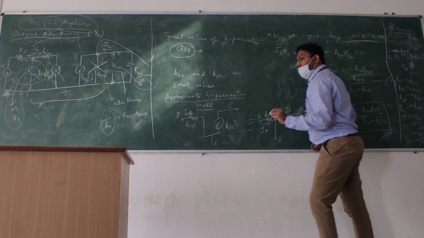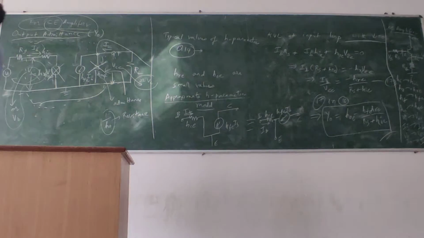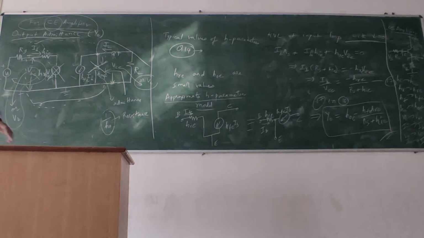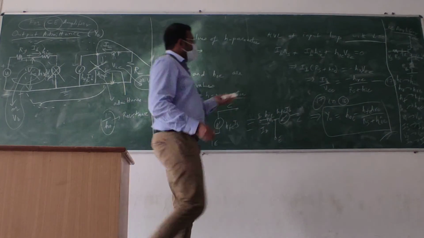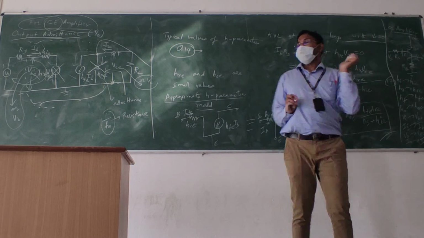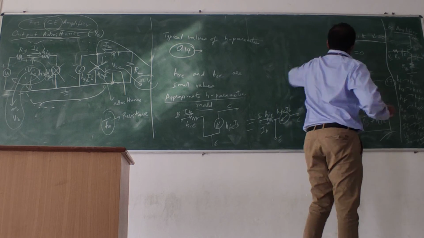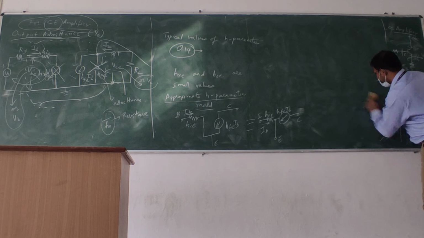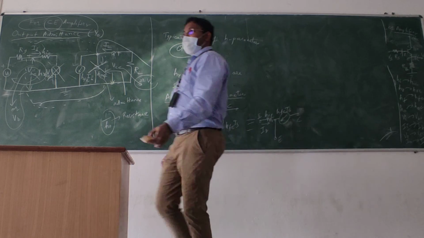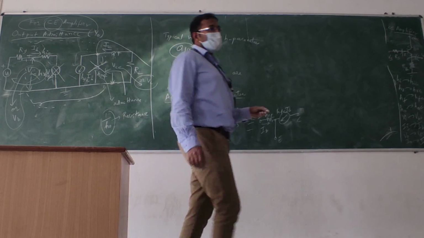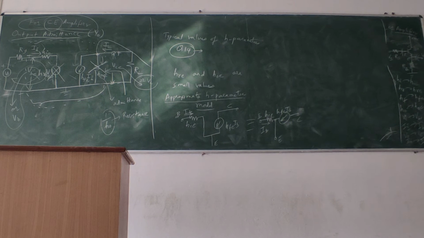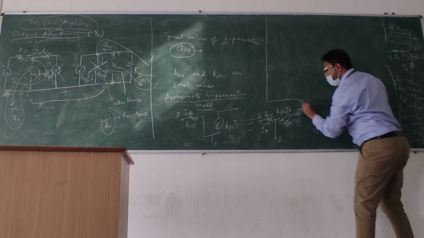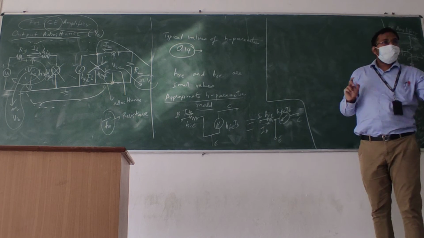This is IB. Last circuit: CE amplifier with emitter resistor. Okay? Anybody writing this? Raise your hand. You want me to explain this or you will take it as homework? Homework, this one? How many say explain, raise your hand? Okay, I will take you through the outline. You try. See, CE amplifier with emitter resistor.